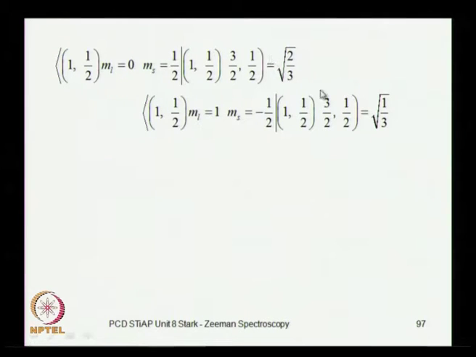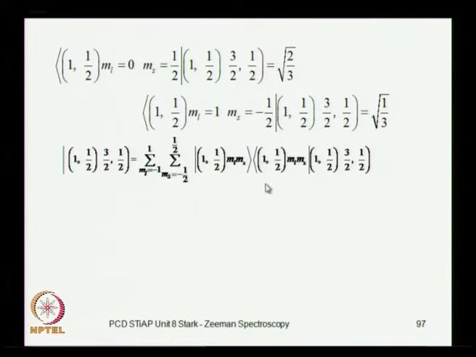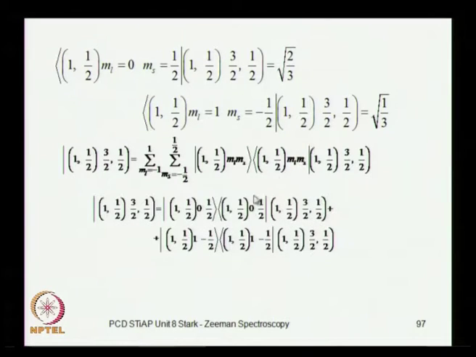So these are the 2 coefficients that we needed, one is √2/3 and the other is √1/3, and using these coefficients in this expansion, out of these 6 terms only 2 terms will contribute. These are the 2 terms. And when you see so many numbers sometimes you feel dizzy, and that is when it helps to look at these angular brackets, because this side has got a rounded bracket, this side has got an angular bracket. So you keep track of which was the uncoupled part and which is the coupled part,